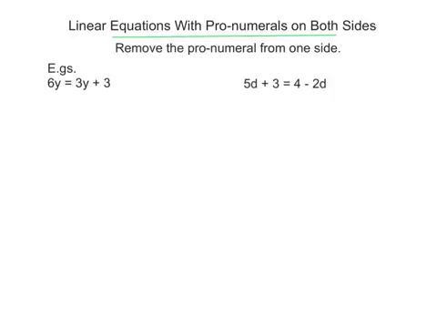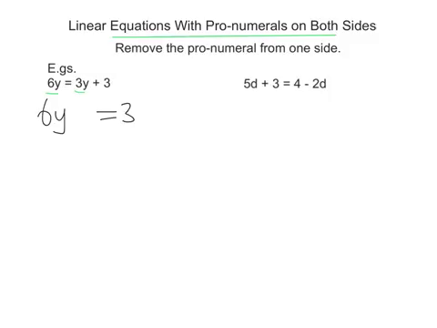For this section of work, you'll notice that there are pronumerals on both sides of the equations. In the first example, there's a 6y and a 3y on either side. So our first job is to try and make it so that there is a letter only on one side of the equation. Fortunately for these questions here that are shown, it's not that difficult. If I look at the equation, I've got 6y